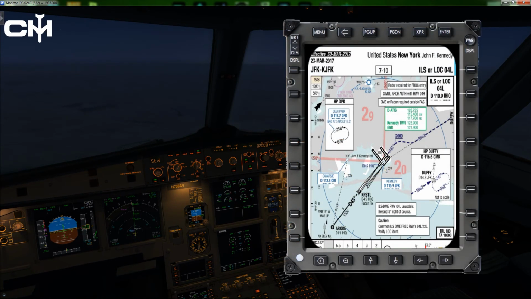Alright, it's going to be the ILS Localizer 4 left approach into Kennedy today, and like everything in New York, it's going to be a little different. The approach itself is pretty straightforward. We're going to hit our initial fix out here at Yoke. That'll be after coming off of our vectors from our arrivals. So we'll probably just tune that in with the,